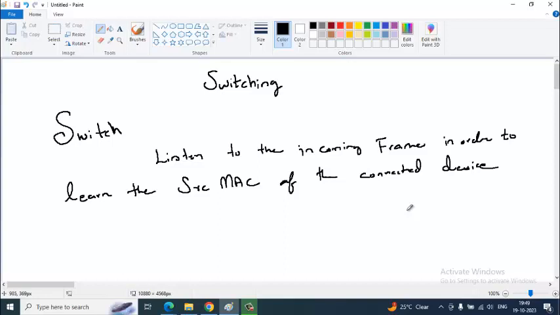All those people who don't listen in schools, they never finish school. Sometimes they luckily finish, but they never finish the degree. So listening makes someone smart. So in here, what does the switch listen to? The incoming frame. In the frame, you will see a source MAC address and a destination MAC address.